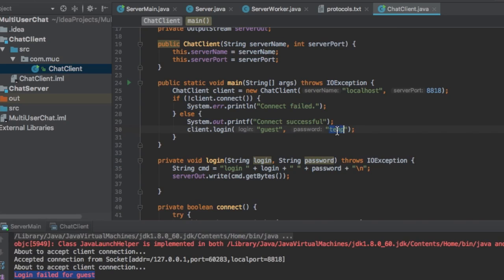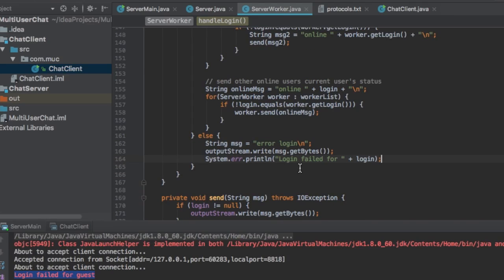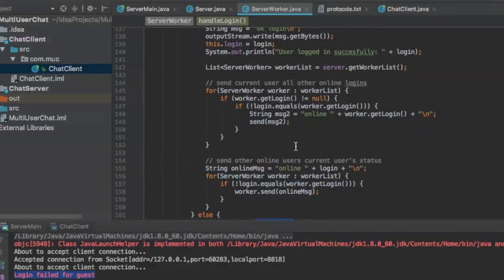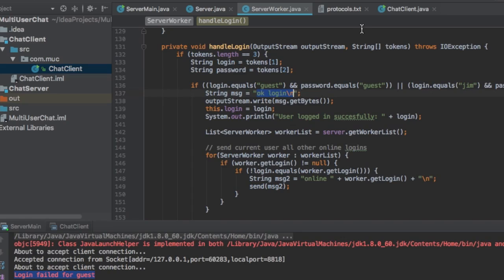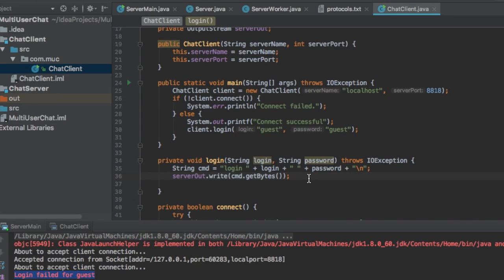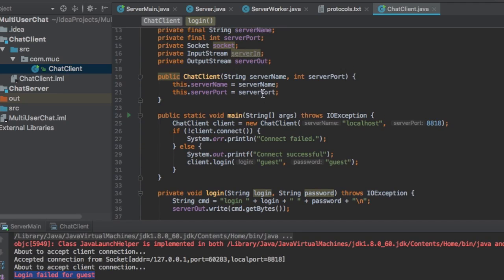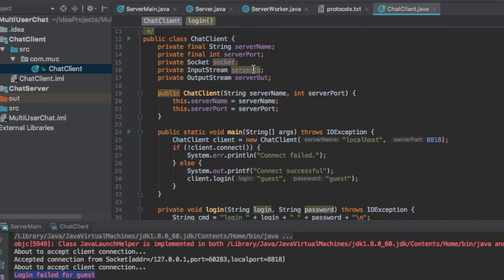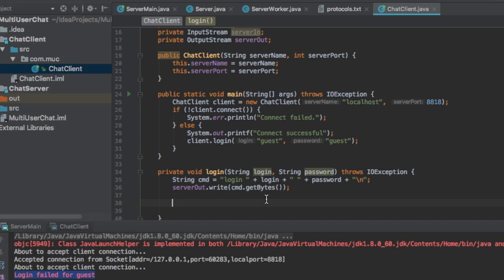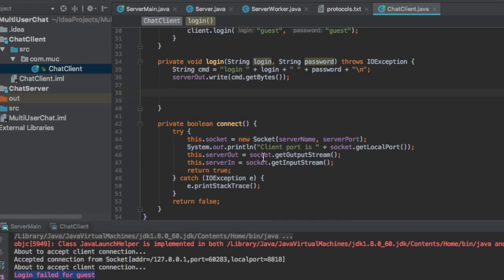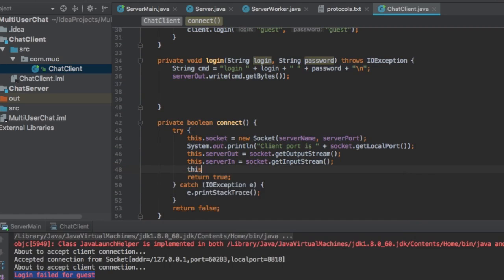Right, so once we successfully log in, we also want to read the next line. It should be either this error login or it says OK login. So let's read that. And in order to read that, we basically have to use the server input stream. To make it easier for us, we're going to create a buffered reader, which we can use to read line by line. We're going to create a buffered input stream as